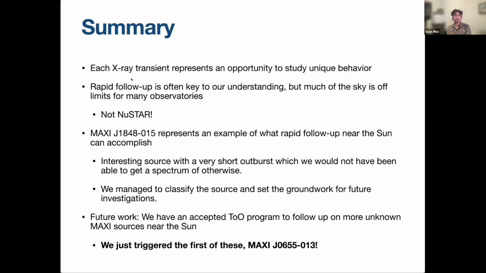And so here I'll just go through the summary really quick. I think each X-ray transient represents an opportunity to study unique behavior. I think everyone here would probably agree with that. And rapid follow-up is often key to our understanding, seeing how these things evolve. But much of the sky is off limits because of the sun, but not for NuSTAR. And I tried to show that MAXI